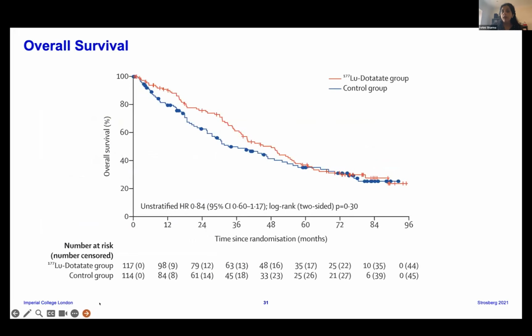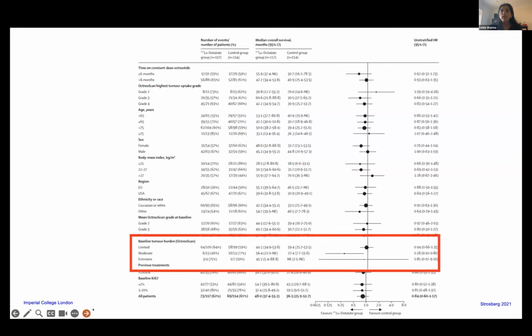These are the long-term survival benefits, published in 2021, so this is a 10-year follow-up. What I think is really interesting about the 10-year follow-up is that the survival benefit isn't there. Whilst it was good in terms of progression-free survival, it didn't change the overall survival long-term in patients treated with lutetium dotatate. When they looked at the subgroup analysis on the long-term survival, it looks like the benefit of lutetium is again in patients with smaller volume disease, so not extensive disease. I won't get into the reasons for that, but it is because of the depth of penetration of the radiation itself.